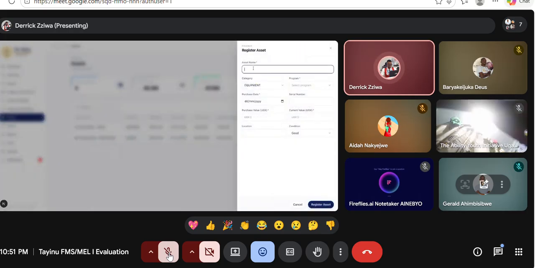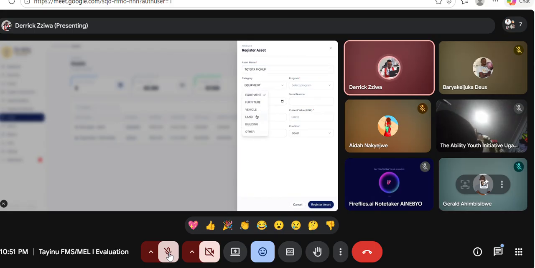So you can add a new asset. If say you buy a new car, what is the asset name? Toyota pickup. The equipment falls in which category? Sorry, the asset. It is a vehicle. For which program is it? It's for youth livelihood. When was it purchased? Select the date, the serial number of that item if you have it. Or this could be whatever, or VIN number, whatever identifies the vehicle. Purchase value, how much was it bought? 9 million. The current value, maybe if it's still 9 million, you can select, and this can be updated